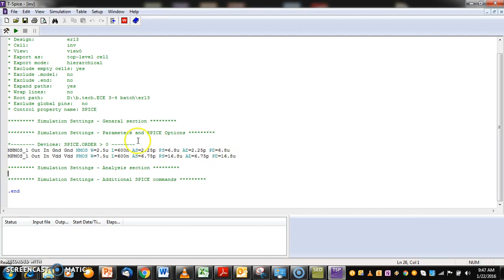Here the W we have chosen as 2.5 and 7.5, right? That is coming, and 0.6 micrometer technology was there, so it is coming over here. Along with that, it is showing area of source, perimeter